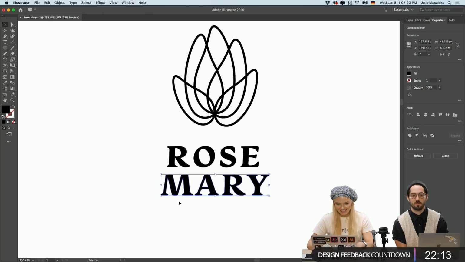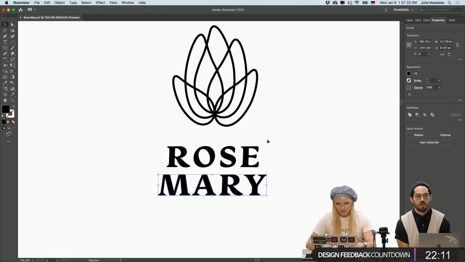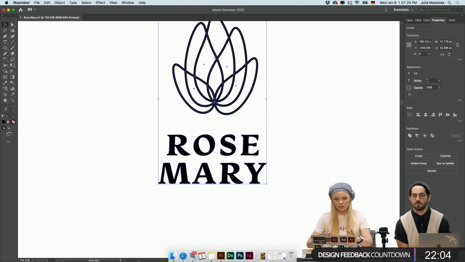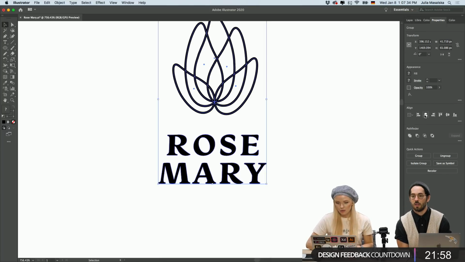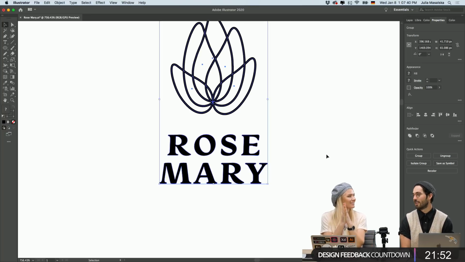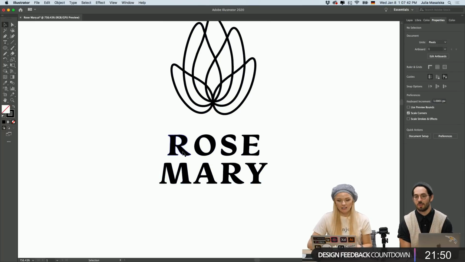Okay, I'm gonna group this. I'm gonna group this. I'm gonna group this. And then I'm gonna pick these three things, because if something is a group, it's seen as one object, right? So now if I center those, they're gonna center the objects. Now if I hadn't grouped that, all the letters would be single objects, and they would all be together in an infinitesimally small point. Smart. Make sure to group.